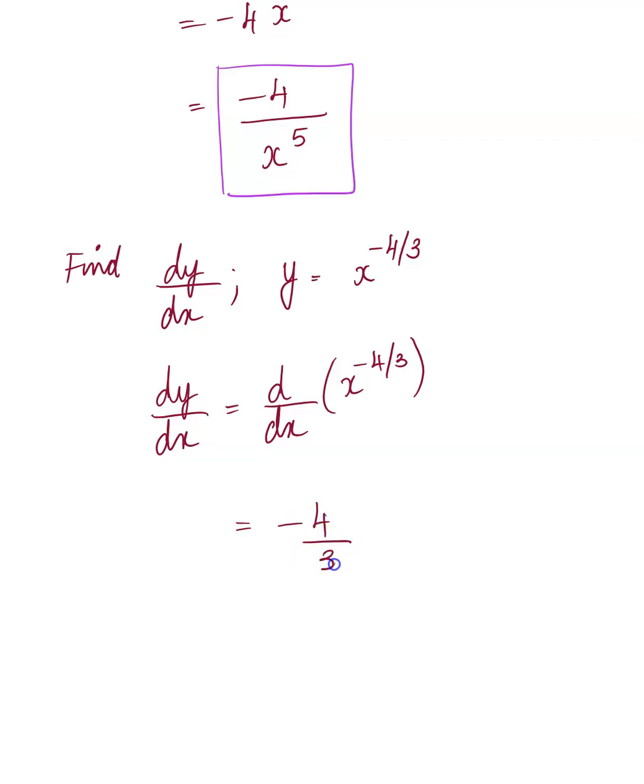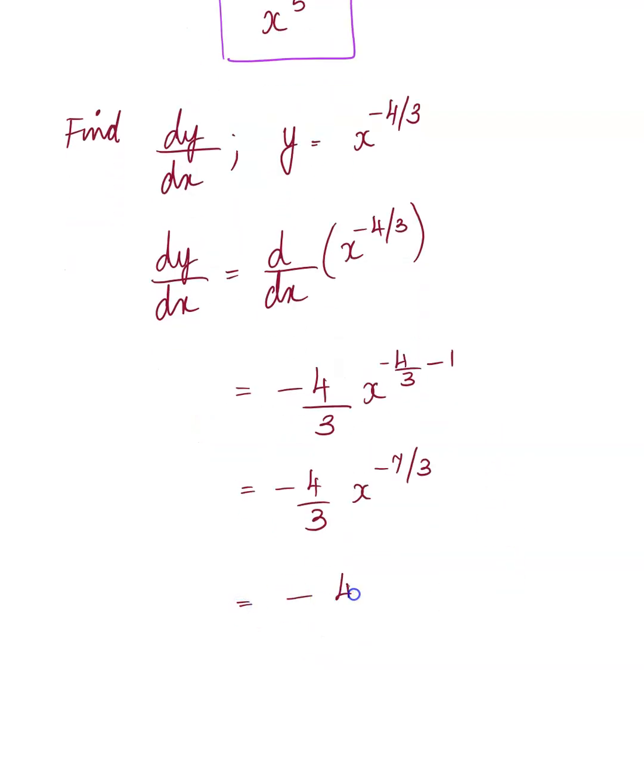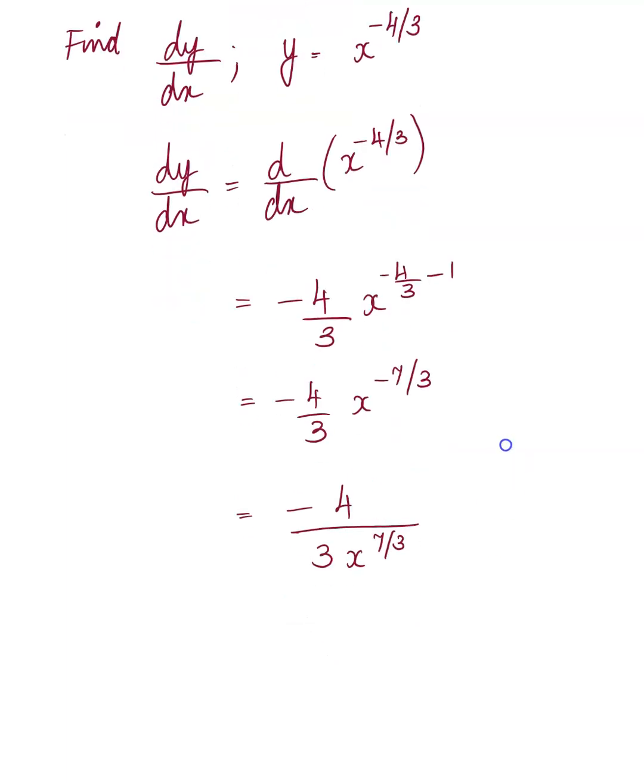So it's negative 4 over 3, x power negative 4 over 3 minus 1. Negative 4 over 3, x power negative 4 minus 3 is negative 7 over 3. And once again, you have x with a negative 7 over 3 exponent, which you could move to the denominator to get a positive 7 over 3. Here is a case where I want to leave it as a